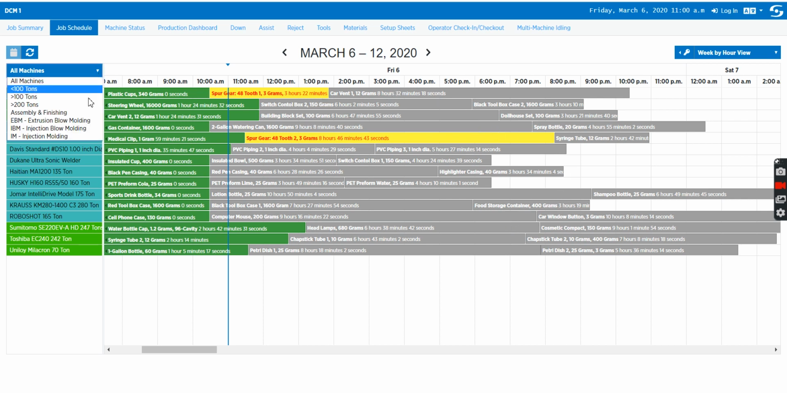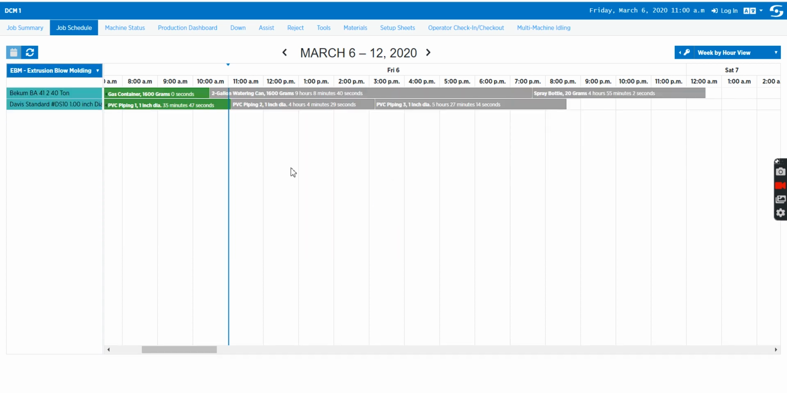I have all my machines. I can select certain machines if I want to only look at what jobs are running on these specific machines. So, fantastic sector inside of PlantStar 4.0: creating jobs, adding jobs, editing jobs, how to utilize the job